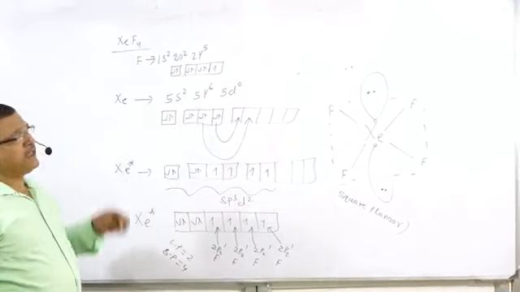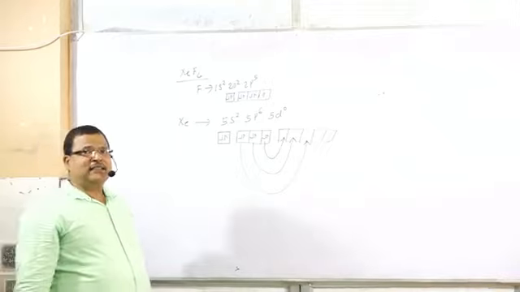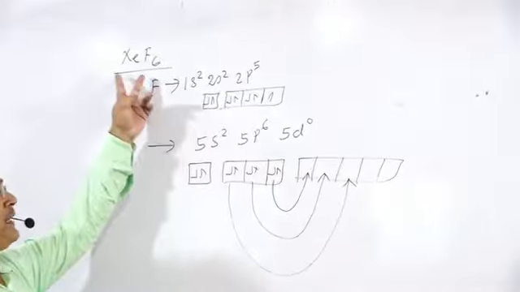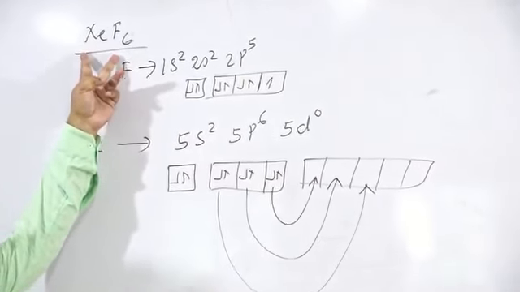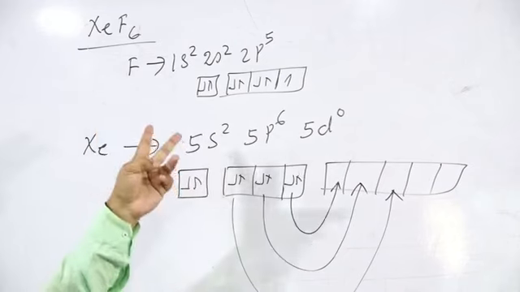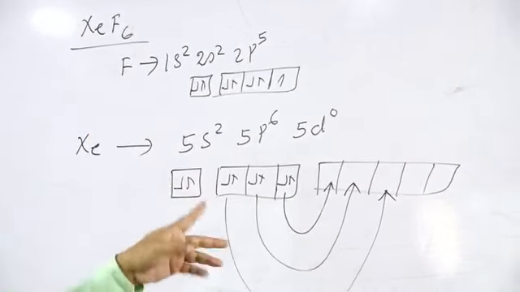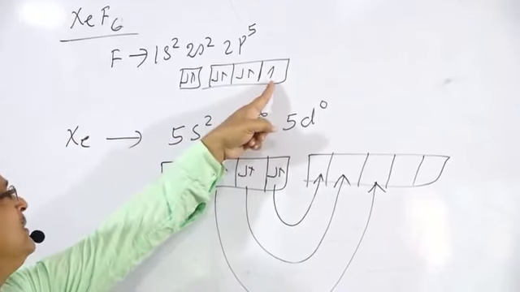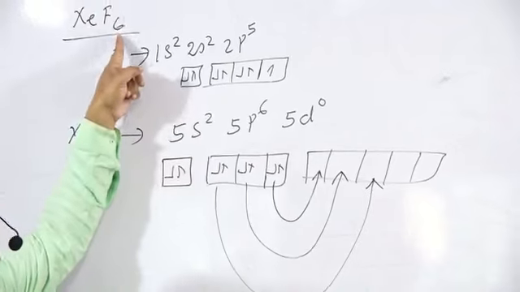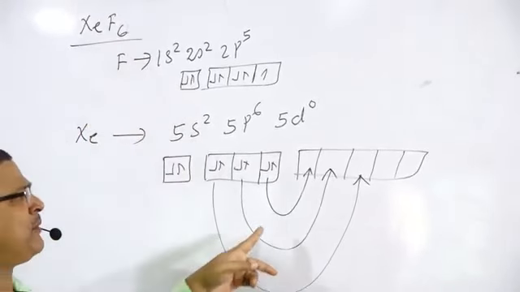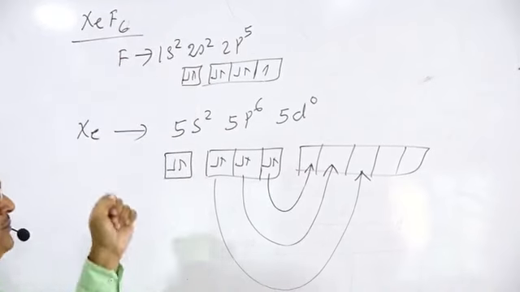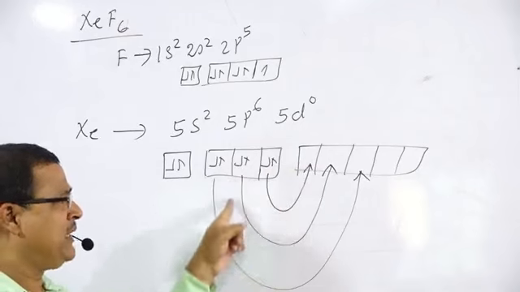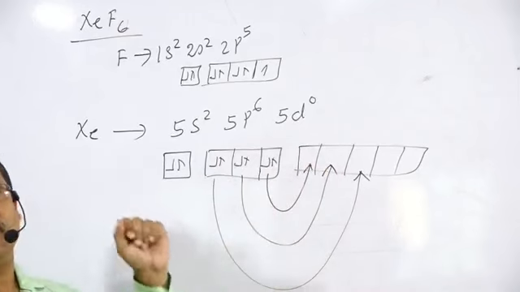Next we will see the structure of xenon hexafluoride and its formation. By applying the formula, we can determine the hybridization of the central atom: sp3d3. The fluorine atom contains one unpaired electron. The xenon atom must have 6 unpaired electrons for the formation of xenon hexafluoride, so from 3 paired electrons, 1 electron from each gets promoted to form 6 unpaired electrons.